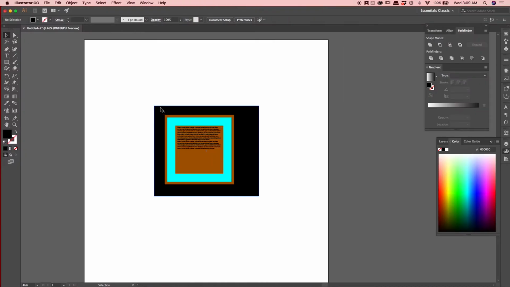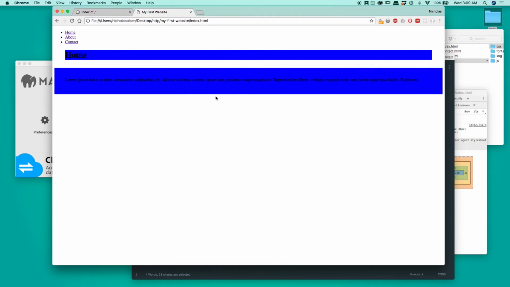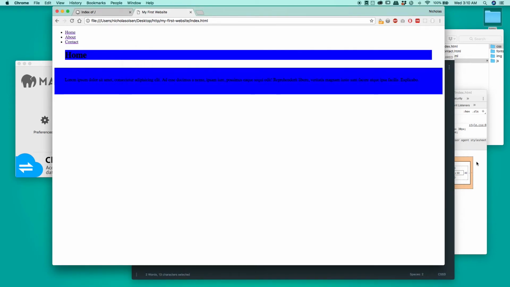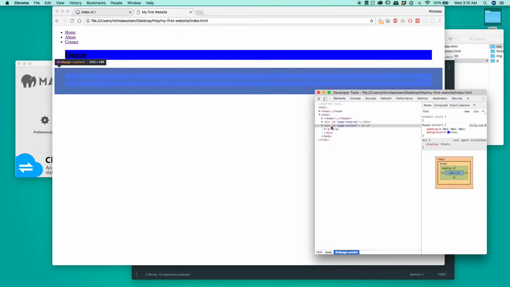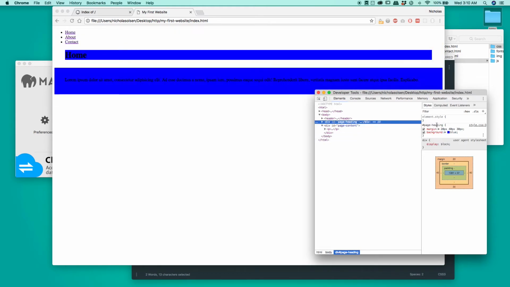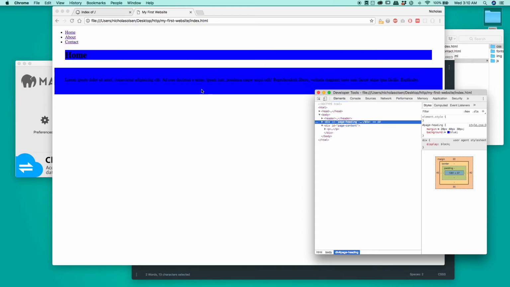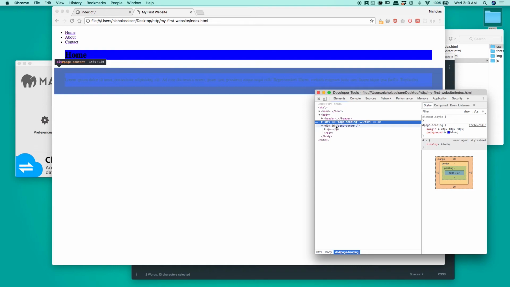Just like in our example here, this black being the margin, it's not included in the box, and in this case, it's the element. So if we flip back over here, you'll see that to our browser, our margin is not included in the box. So when we give the element a background value of blue, it does not include the padded or the margined area. So this really demonstrates what I was talking about before. You can see here firsthand that